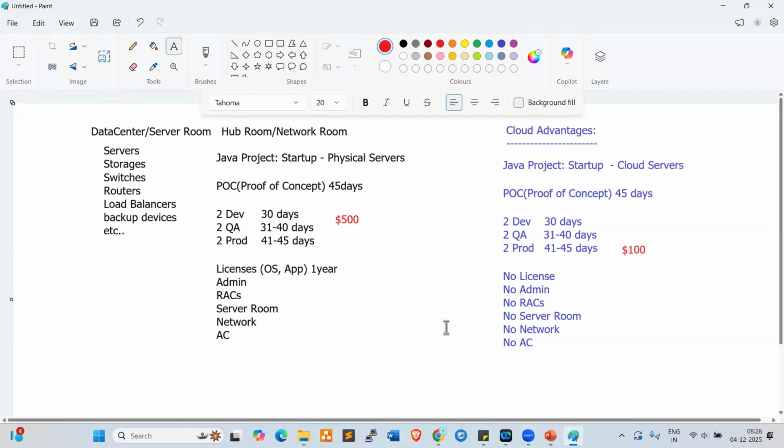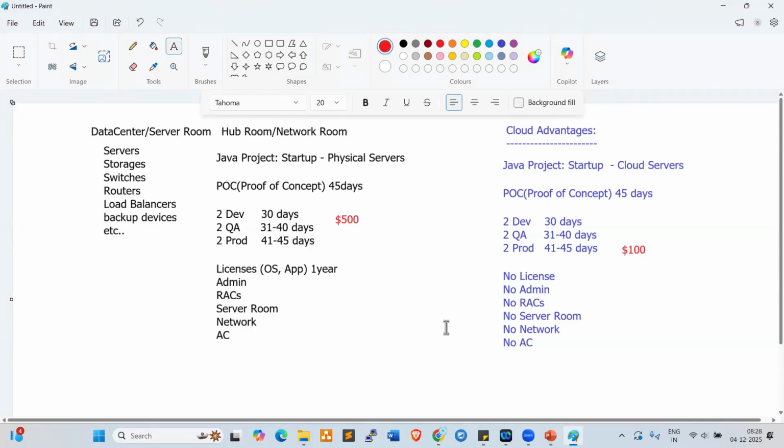Cloud is the on-demand availability of computer system resources, storage and computing power without direct active management by the user. On-demand is nothing but instantly, immediately, whenever needed, right?